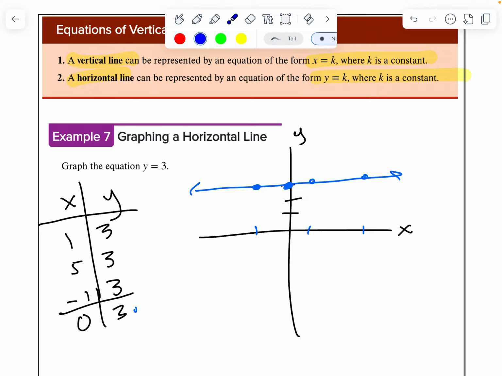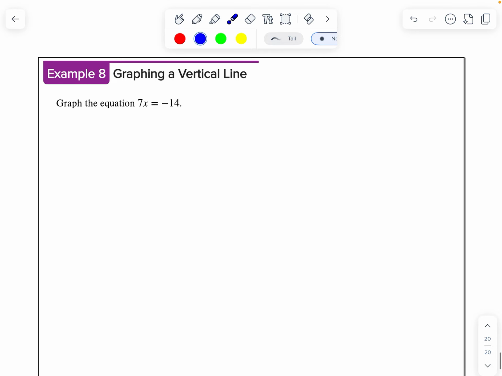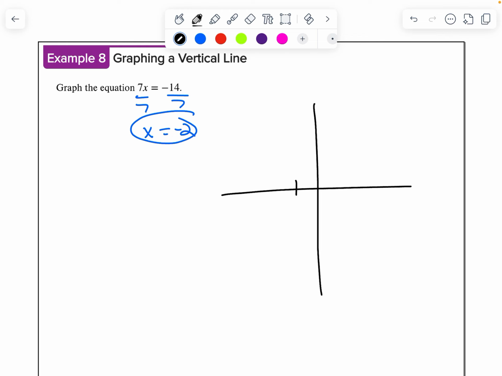So anytime you see y equals a number, it's going to be horizontal. x equals a number, it's going to be vertical. Anytime there's no y in the equation, it's going to be vertical. If there's no x in the equation, it's going to be horizontal. Here's another example. It looks a little different, but notice there is no y in this equation. If I solve for x, divide by 7, I get x equals negative 2. Still, there's no y in this equation. And so x equals negative 2 is a vertical line, as we said on the last slide,